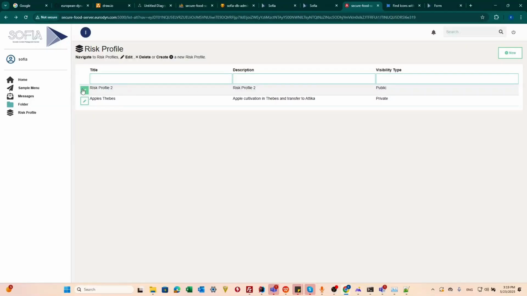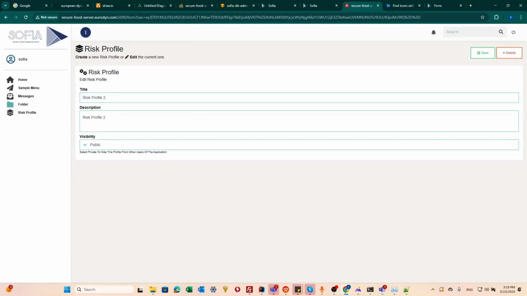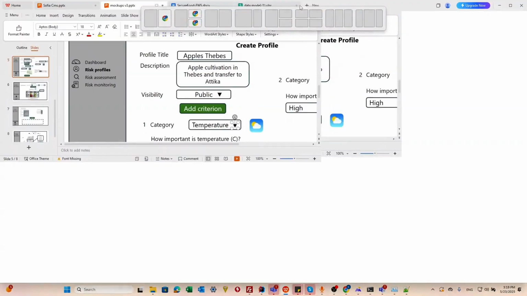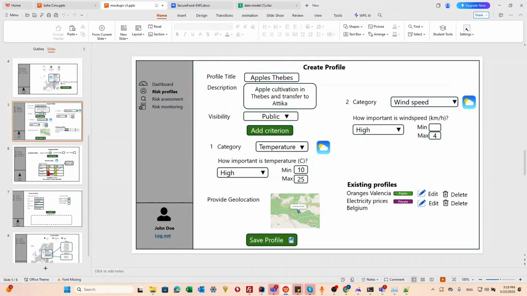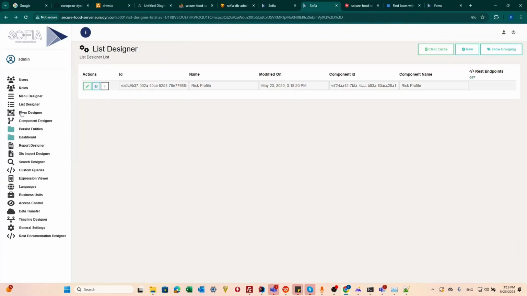The remaining part is to add more features on the risk profile, because of course the risk profile has the criteria that we didn't add yet. We went here on the risk profile section. We just added the title, the description, the visibility, and we also need to add the one table of criteria that we will be able to modify a number of things, and the category of the importance, minimum, maximum, of course. So let's go back here on form design,